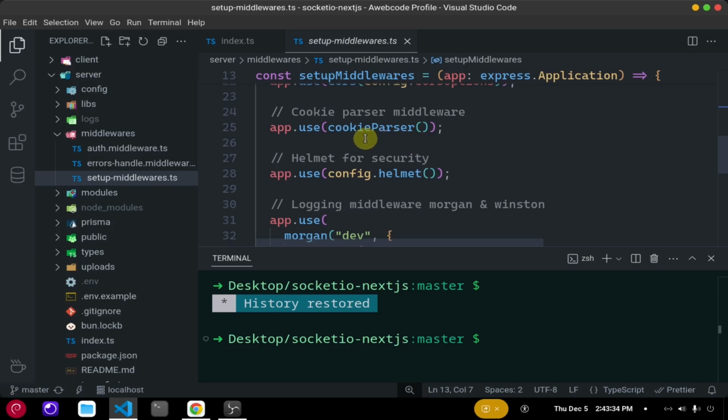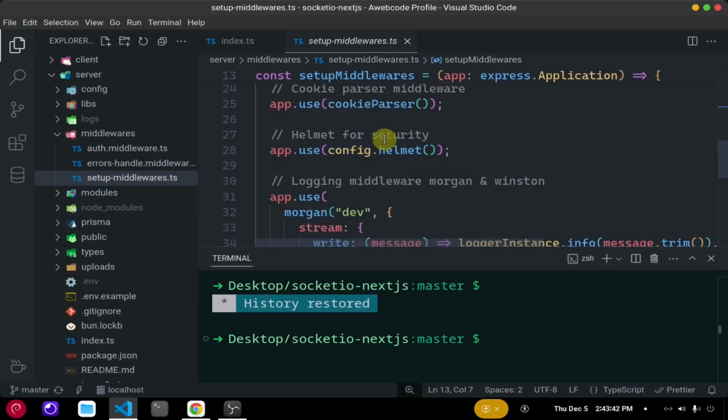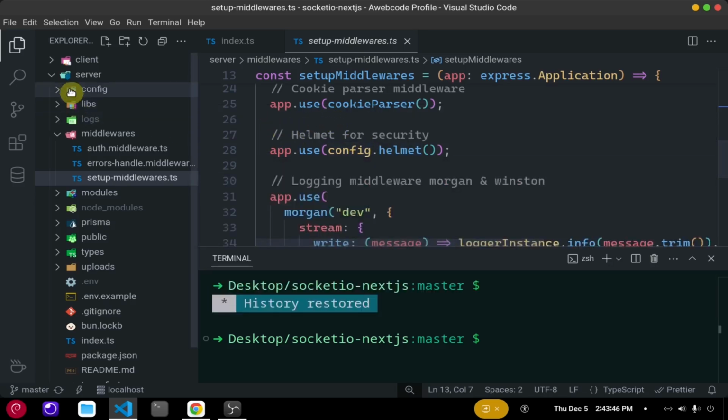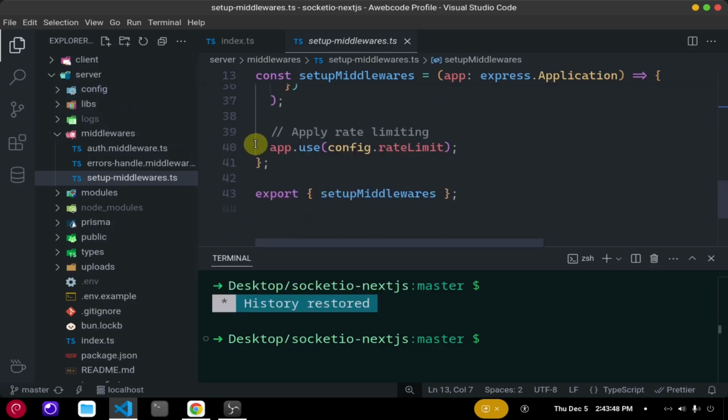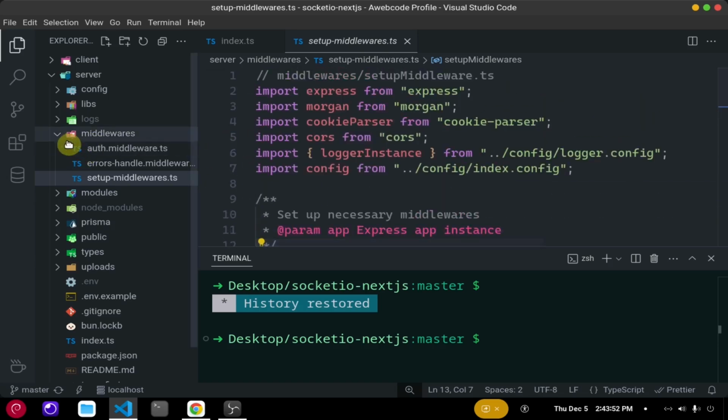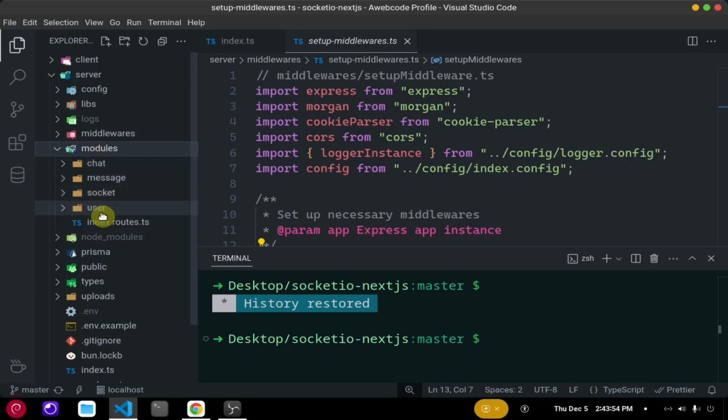We will use cookie-based or session-based authentication, and we will persist cookies after login. And we are using helmet and this configuration from this config folder. There we write just configuration-related tasks, and here